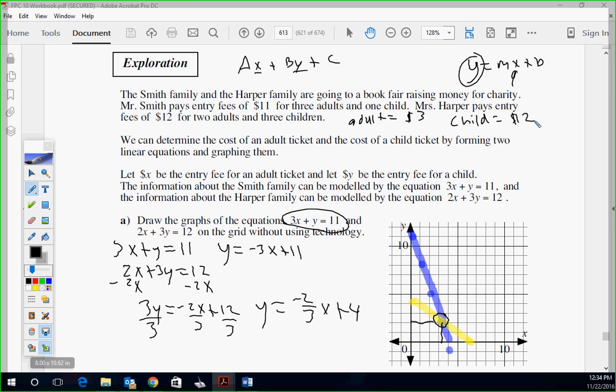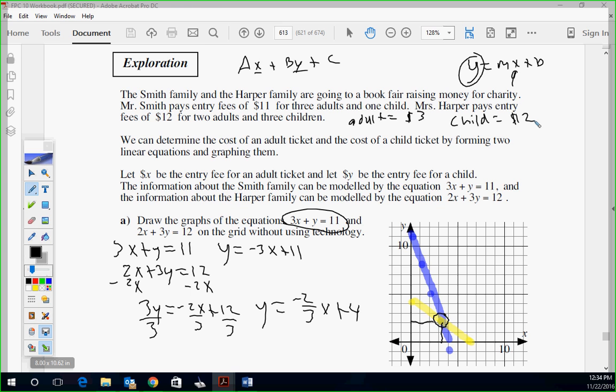Okay, the reason where they cross is a solution, because they paid the same price, but we don't know the price per person they paid. We just know the total. So we took that and converted it to graphs, and where they cross tells us the price they're paying. Okay, so that's how that works. If you're wondering why does that work that way, well, because